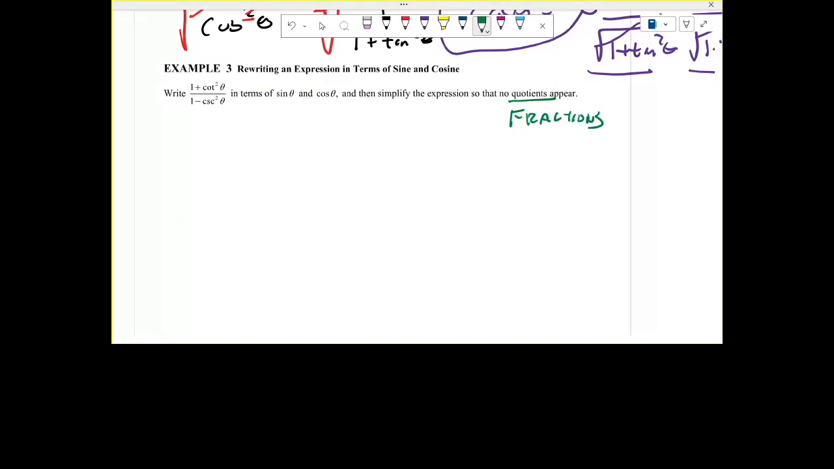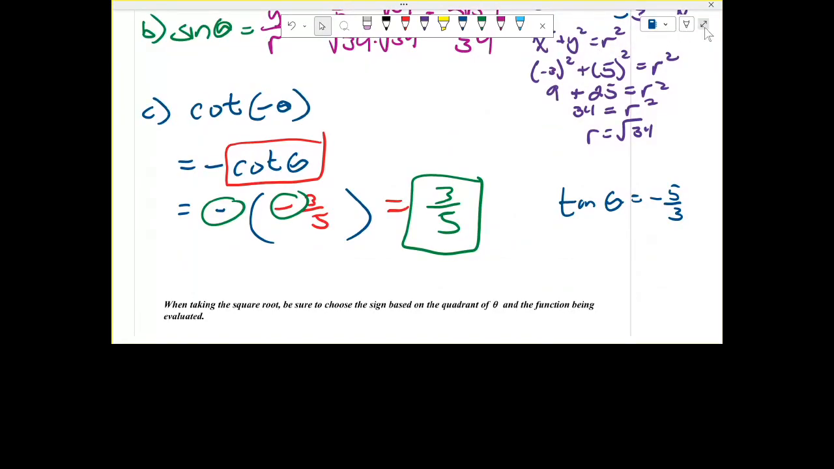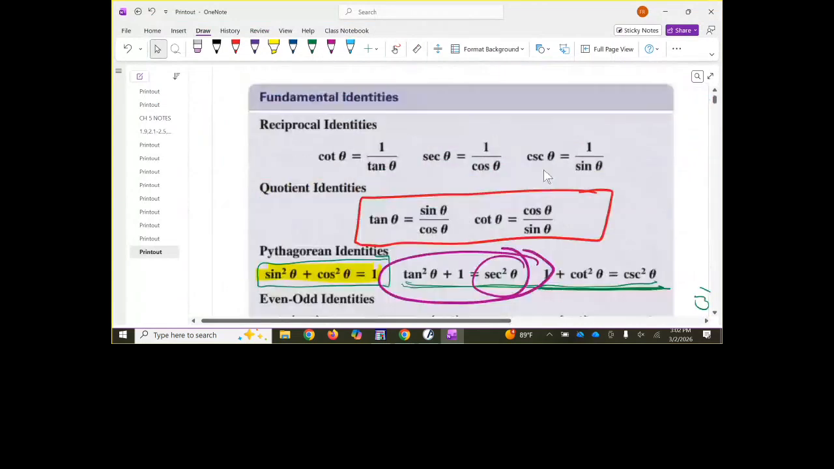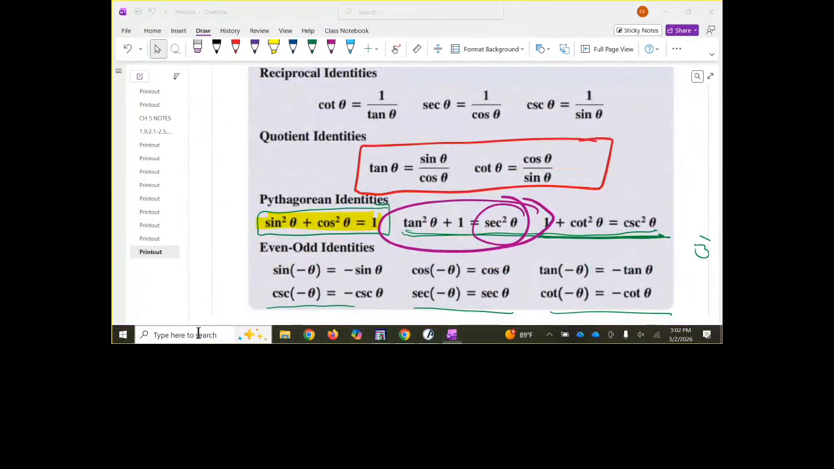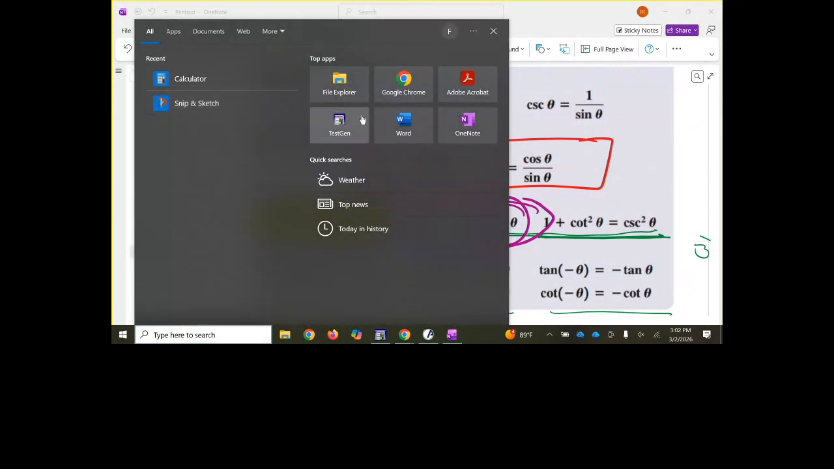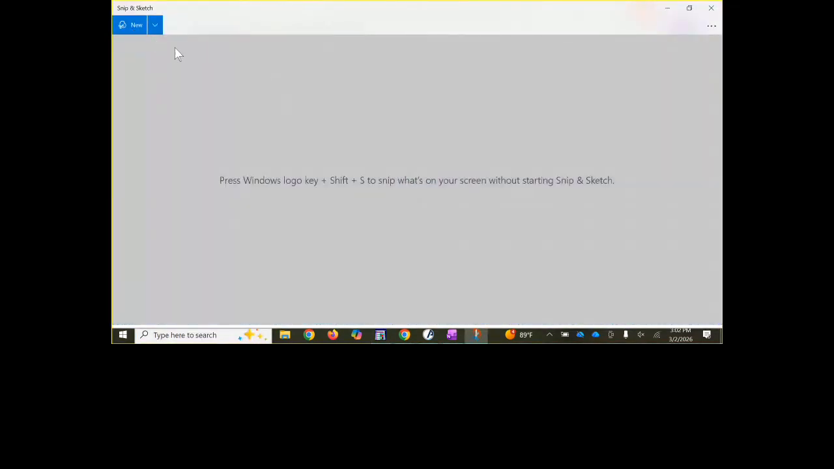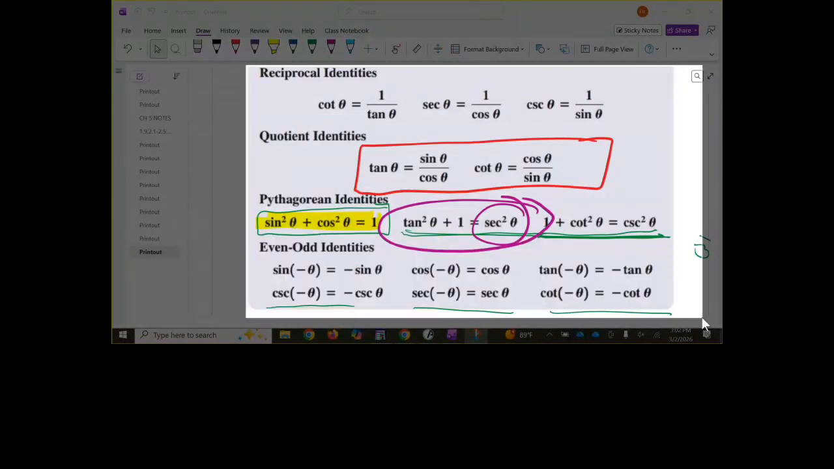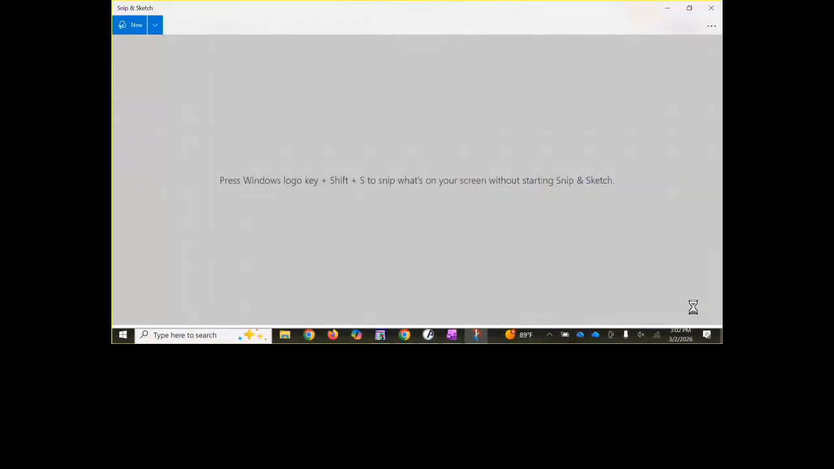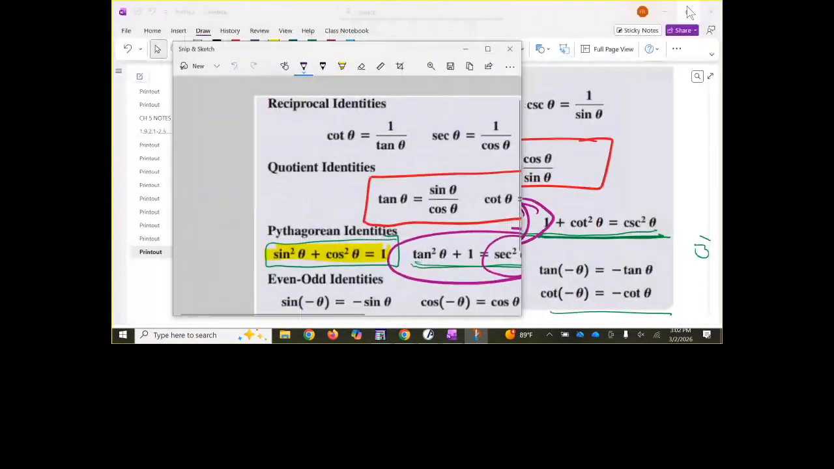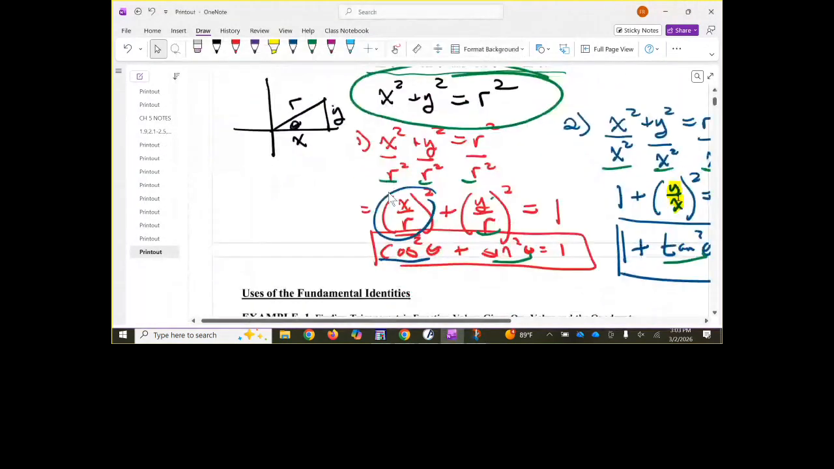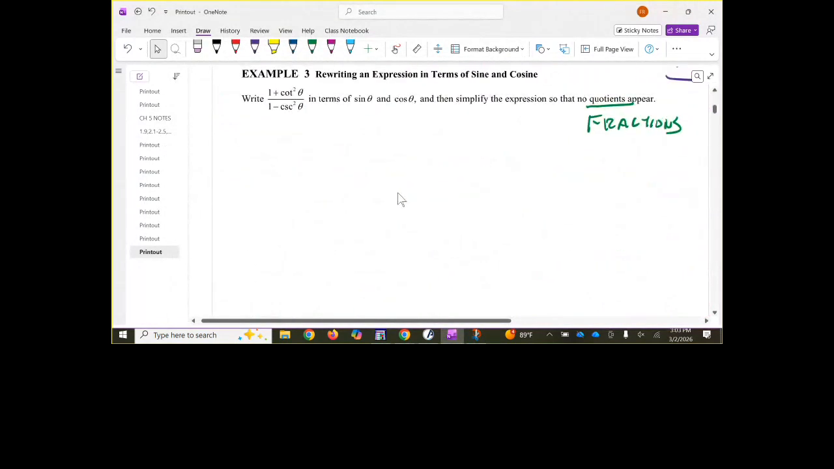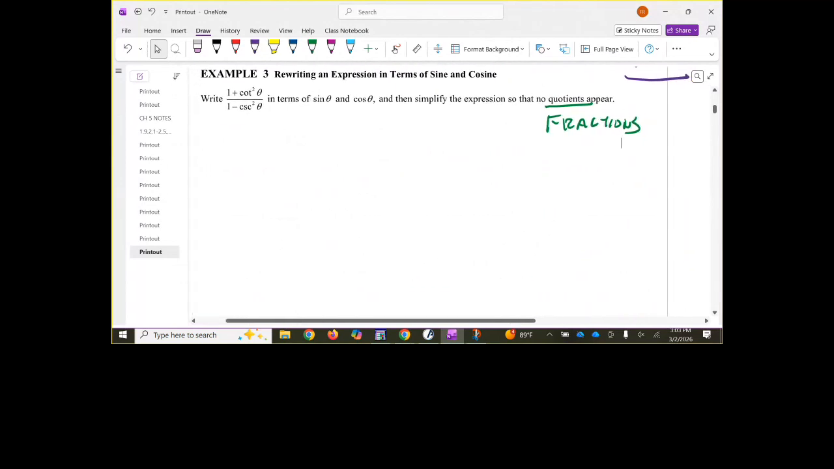Okay, let's do a couple of things here. I'm going to scroll up a little bit because what I want to try to do here is use some of the identities like these guys right here. So let's do this. All right, we're going to hold on to this because we're going to use it as we go through our stuff. Okay, so when they're telling me, can we write 1 plus cotangent squared theta over 1 minus